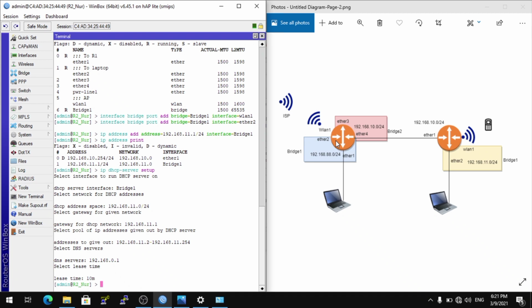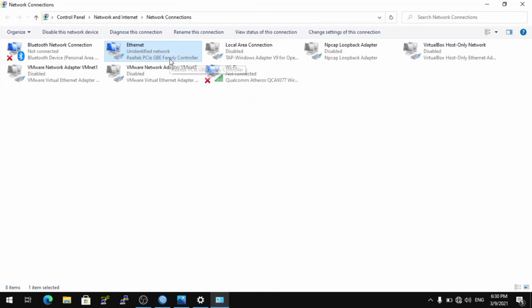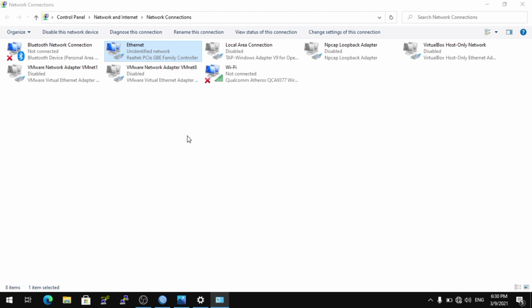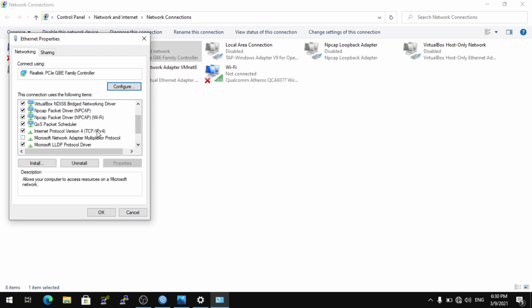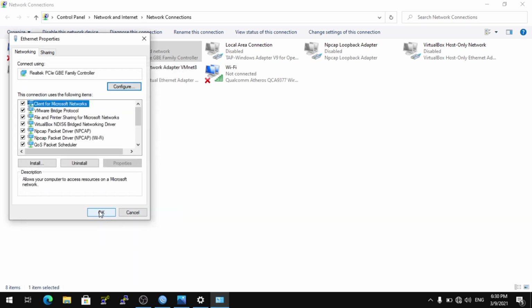And next, configuration interface wireless. Before configuring interface wireless, check IP DHCP server print. This is success, created IP DHCP server using name DHCP1. Connect your laptop and check the IP address on your laptop. Type properties and click APP port, and I am using obtain IP address and obtain DNS server, and click OK.